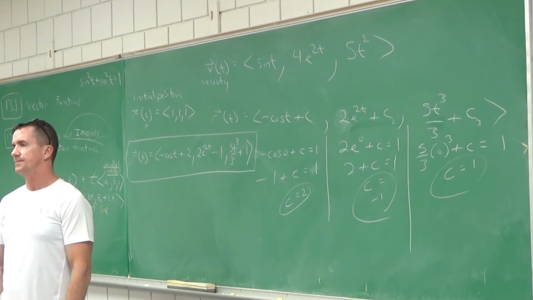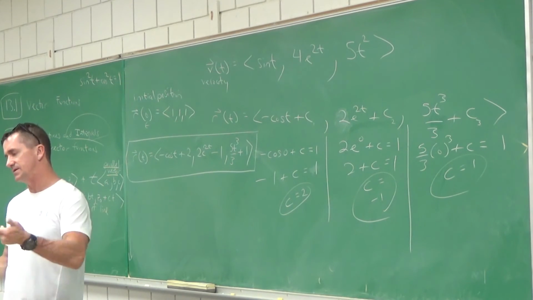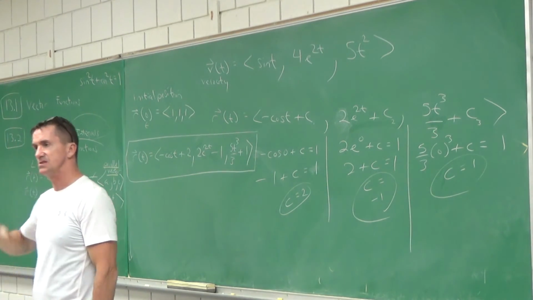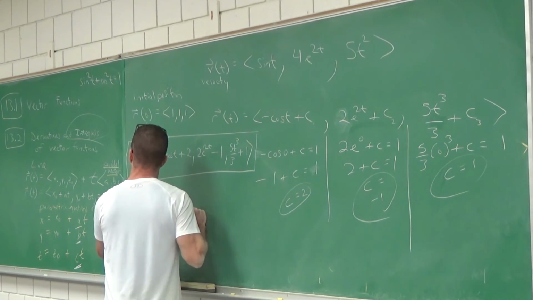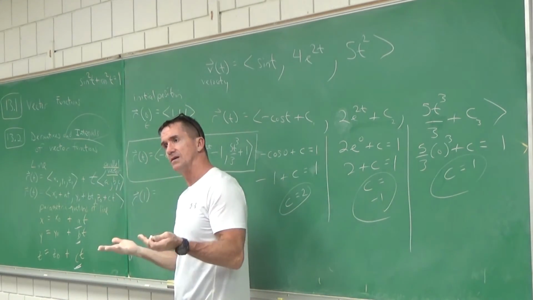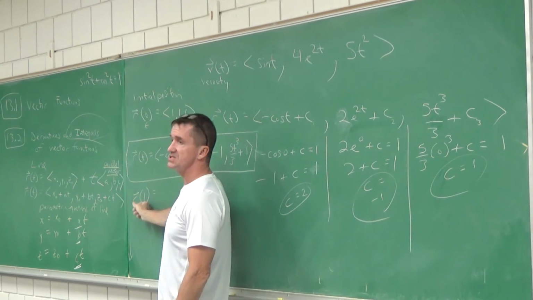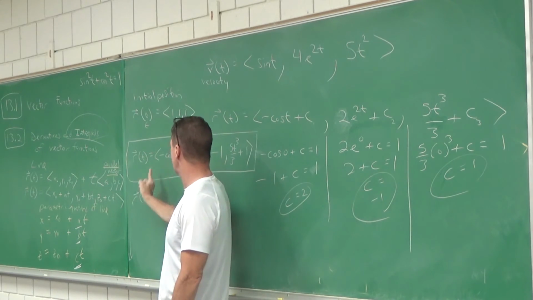Nice? Now I'm going to extend this. Can you find the position of this particle at t equal to 1? What would you do? That was the position vector, found it. But now they say find the position of this particle at a different t value than 0. They said find the position at 1. Now we just have to plug in a 1.